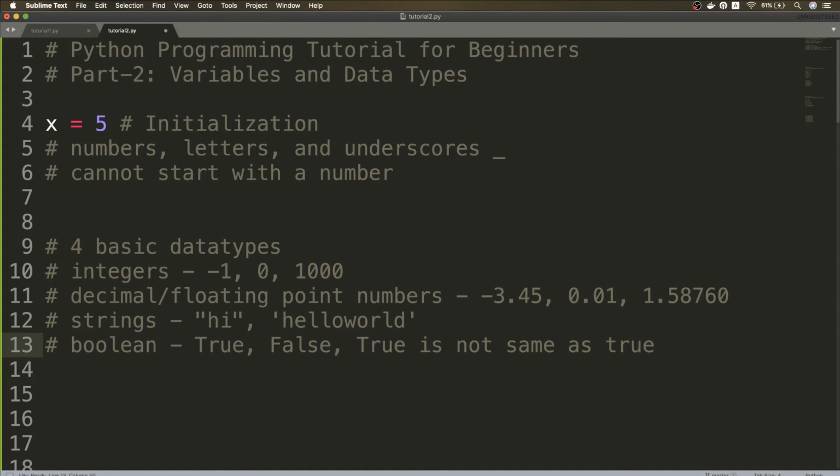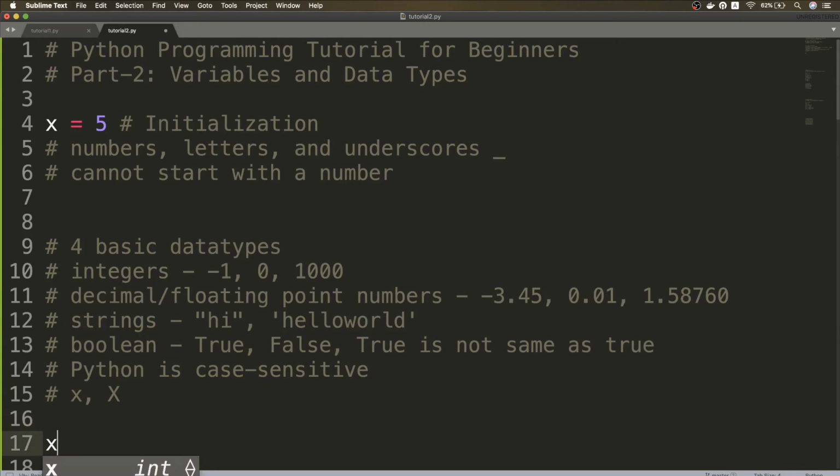So just a point I would like to mention here is that Python is a case sensitive language. That means the cases matter here, and nothing can be replaced by its other case counterpart. So basically True is not the same as true with a small t. Variable names, if you have x and you have capital X, these are not the same. So this is what case sensitivity means. Now back to what we were discussing.